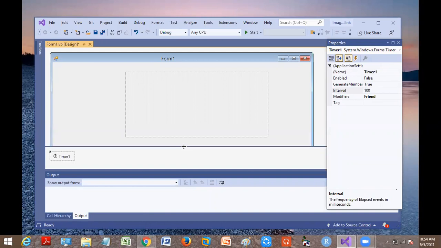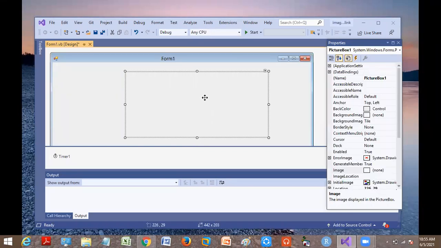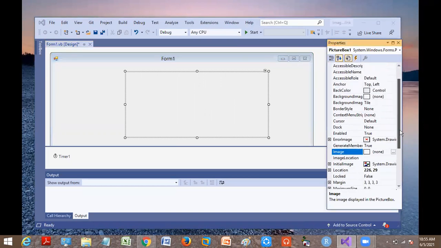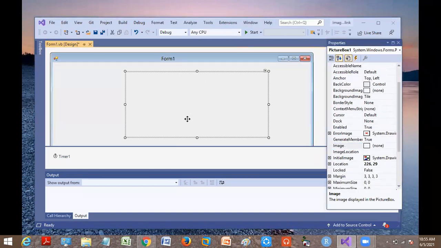Or should I insert anything else? Should I require any other controls? This is enough, correct? Now please go through this very keenly.